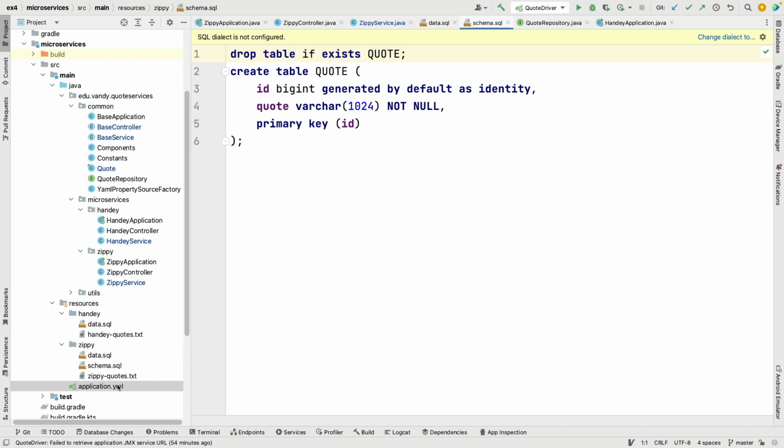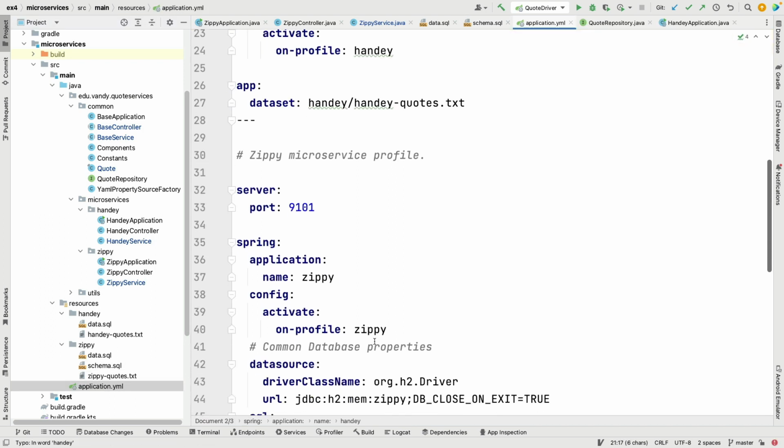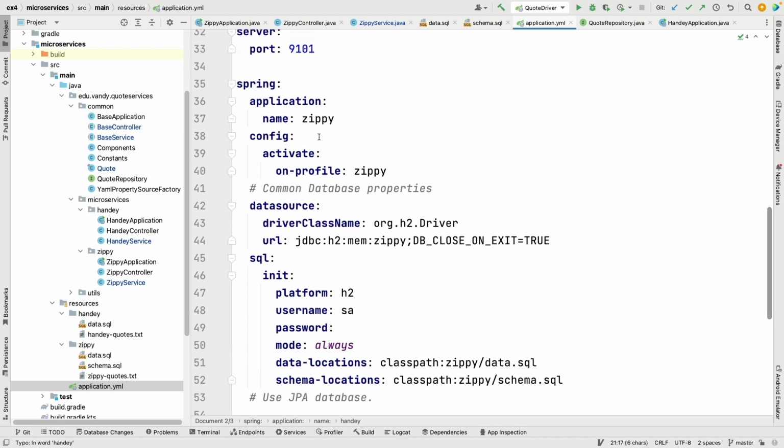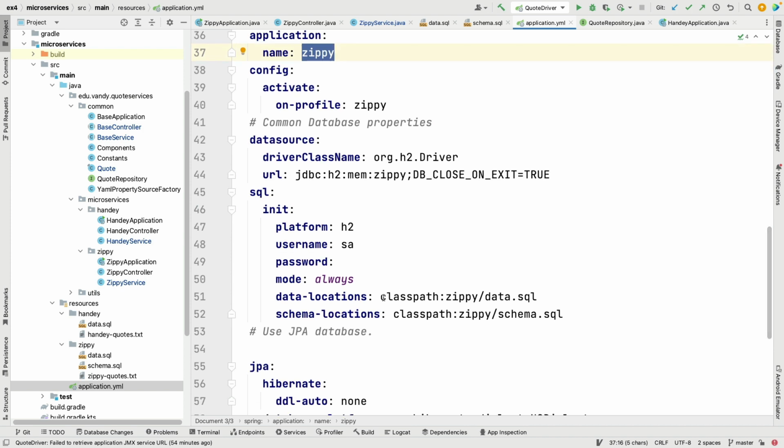And then over here, if you take a look at the application YAML file, you'll see that for the Zippy microservice, we tell it where to find the location, the data information. So we're going to say, go find the data in the Zippy data.sql file, and go find the schema in the Zippy schema.sql file. And so at startup time, Spring is smart enough to read this and use it to initialize the way in which that microservice works. So again, very, very powerful combination of declarative specifications in YAML files, declarative specifications here